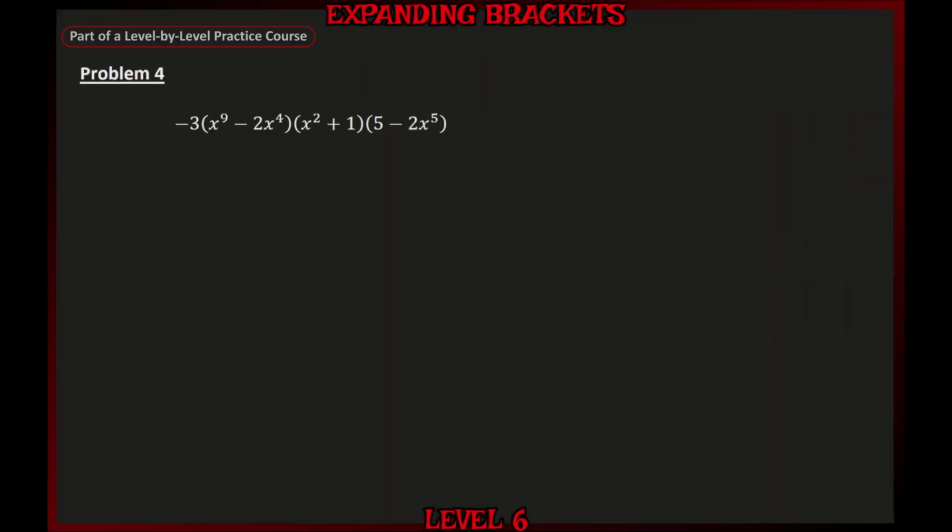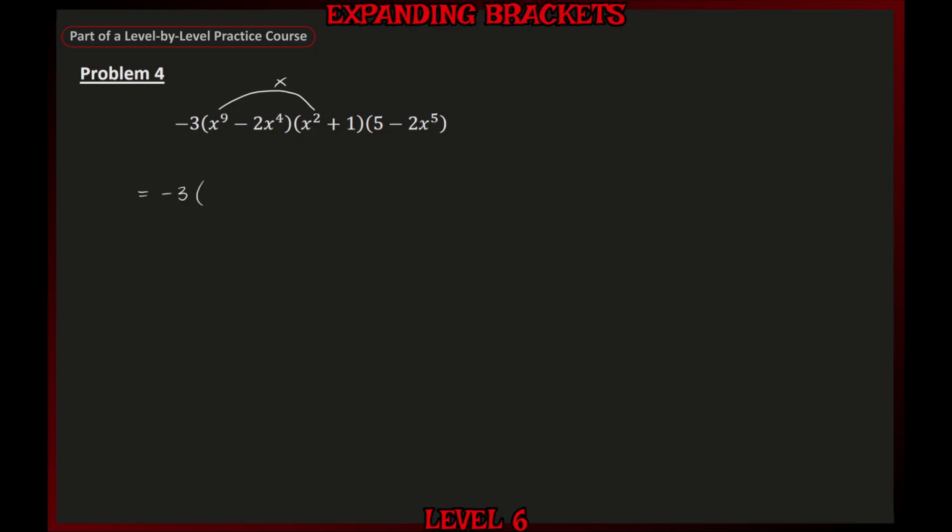In problem 4, we're expanding and simplifying this expression. Now there are different ways of doing this, but the way I'm going to do it is to ignore the minus 3 and just leave it at the front, multiply the first two brackets together and then multiply by the third bracket. So ignoring the minus 3 and multiplying out the first two brackets, we're going to use our laws